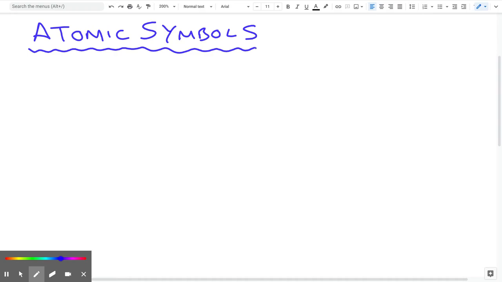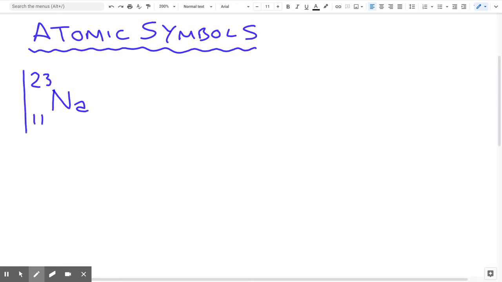Okay, so in a previous clip, we just looked at how the protons, neutrons, and electrons are arranged within an atom. But now we need to look at an example of how we work out how many of each of these species we have. So if we take sodium as an example here,